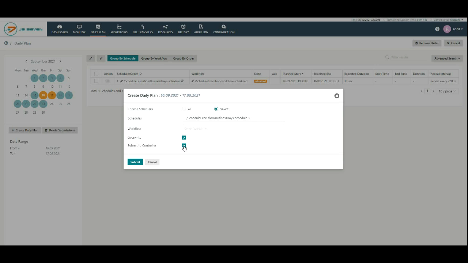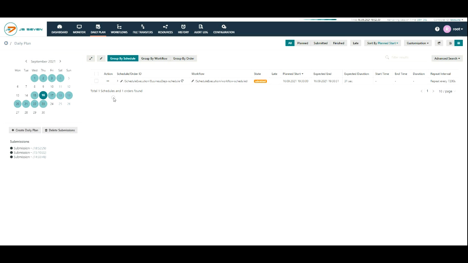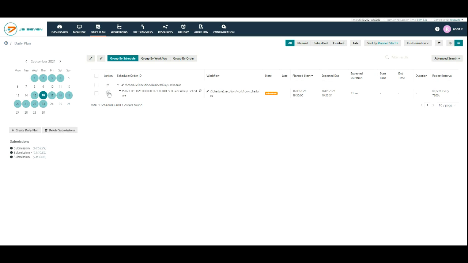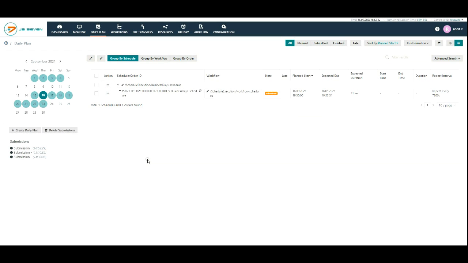After making the changes, click on the Submit button. From the action menu of the order, you can see the value used in the schedule will be updated on the daily plan view.